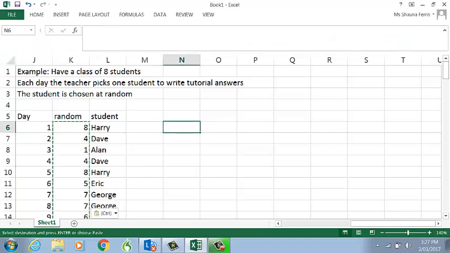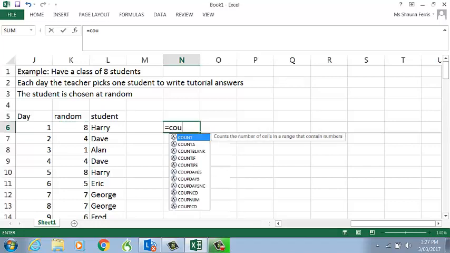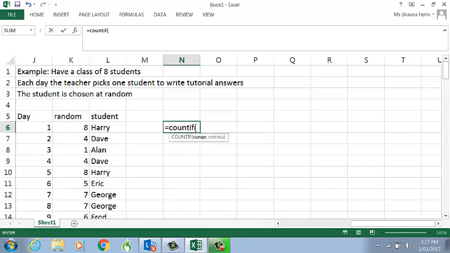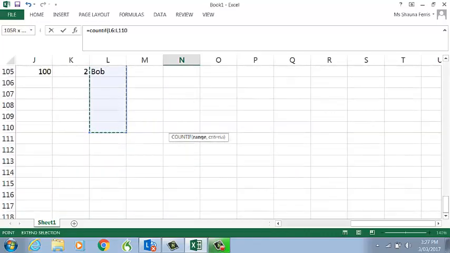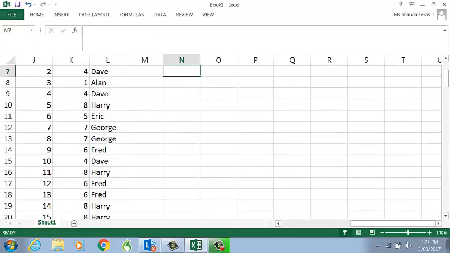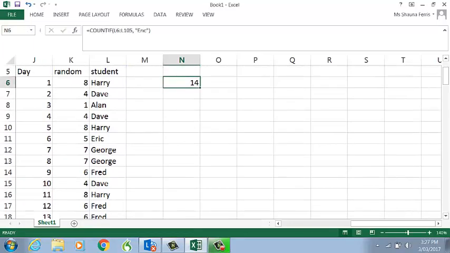chosen. Now let's suppose that Eric is a bit worried. He says, I don't get called upon as often as the other students. I'm not getting a fair turn at participating in the tutorials. Well, what we can do is we can count to see how many times Eric was chosen. So there we go, COUNTIF, and we say what was the range that we want to look at. And then we say how many times did Eric get chosen, and he got chosen 14 times out of 100. So that's